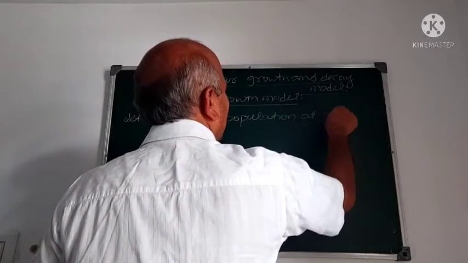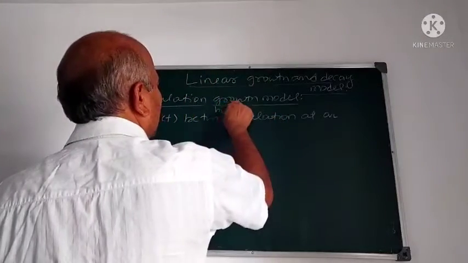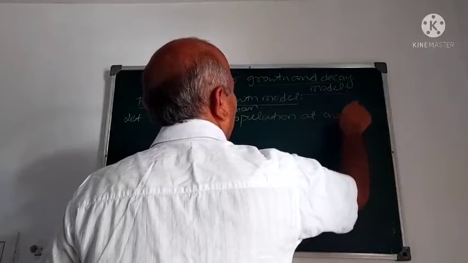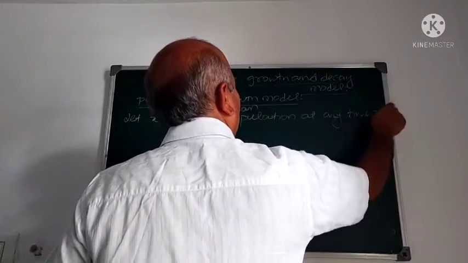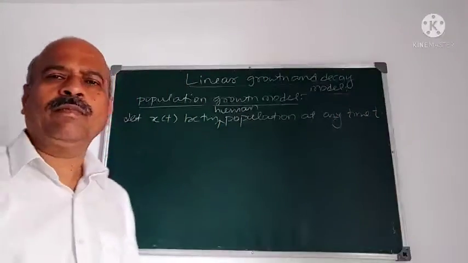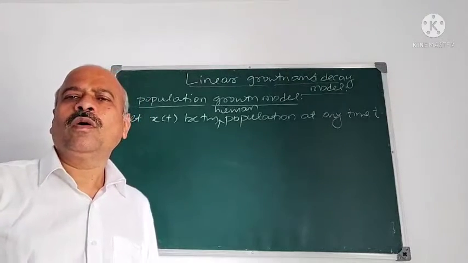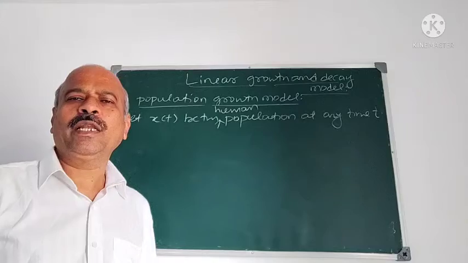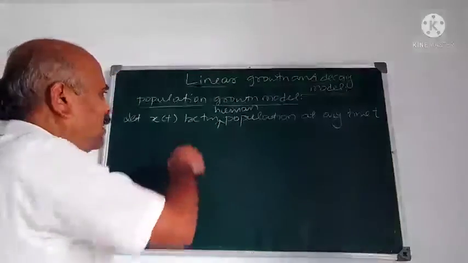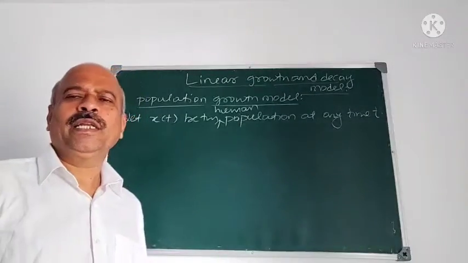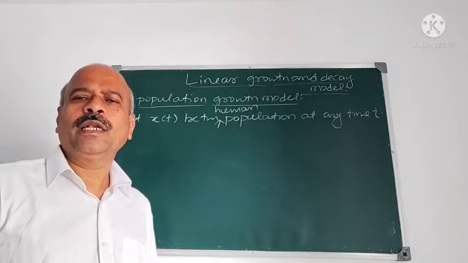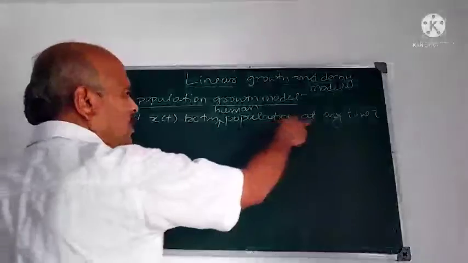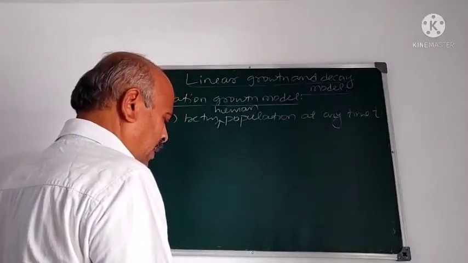at any time t. Let us take the human population at any time t. We can take the population of a town or a district or a state or even a nation. Here x(t) is the population at any time of a certain town or a certain nation. Let x(t) be the population at any time t, and